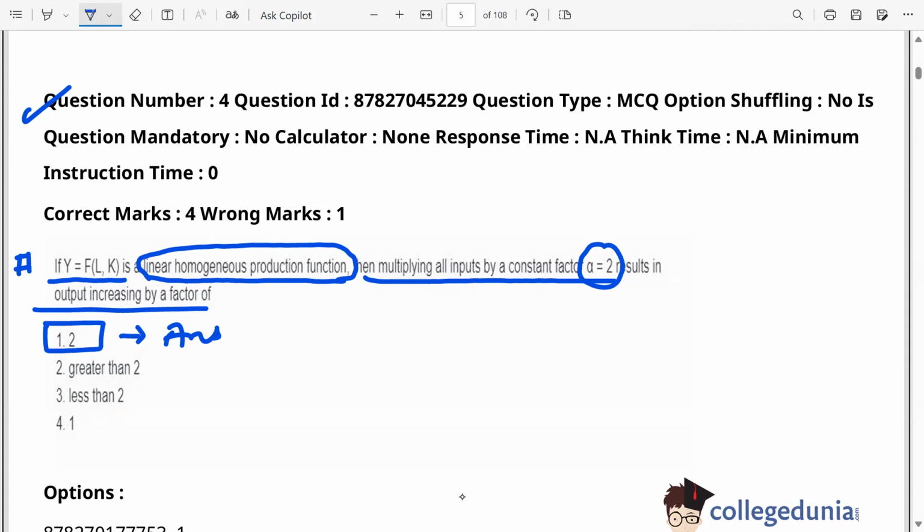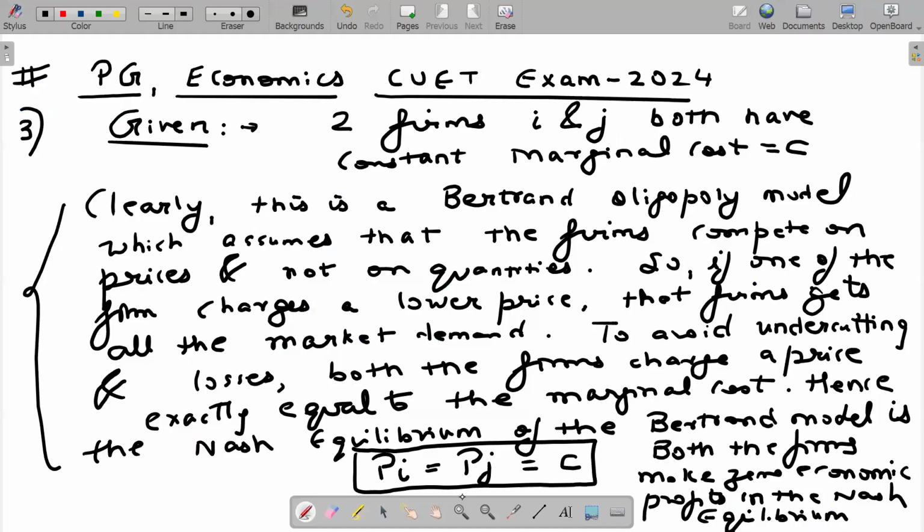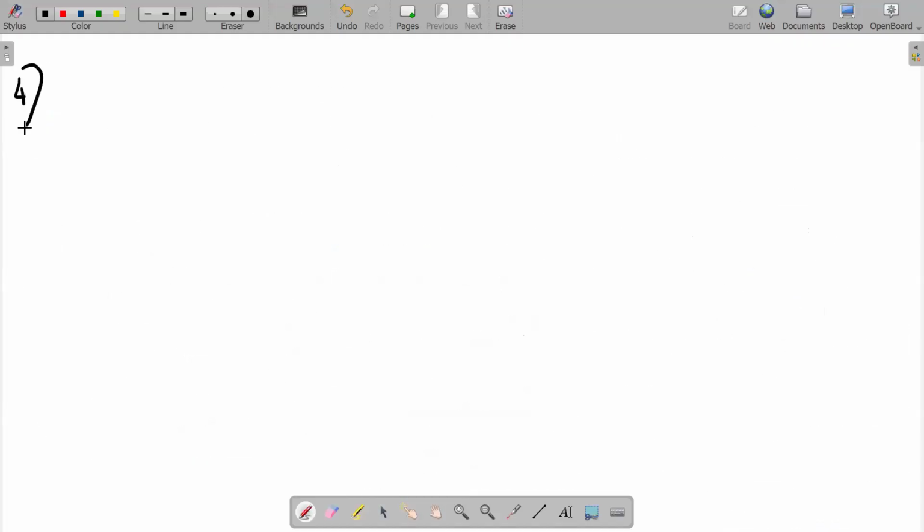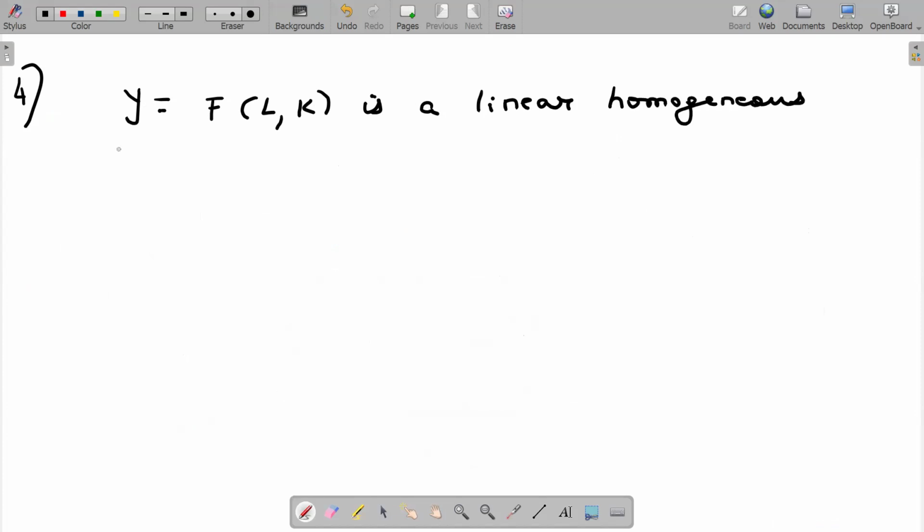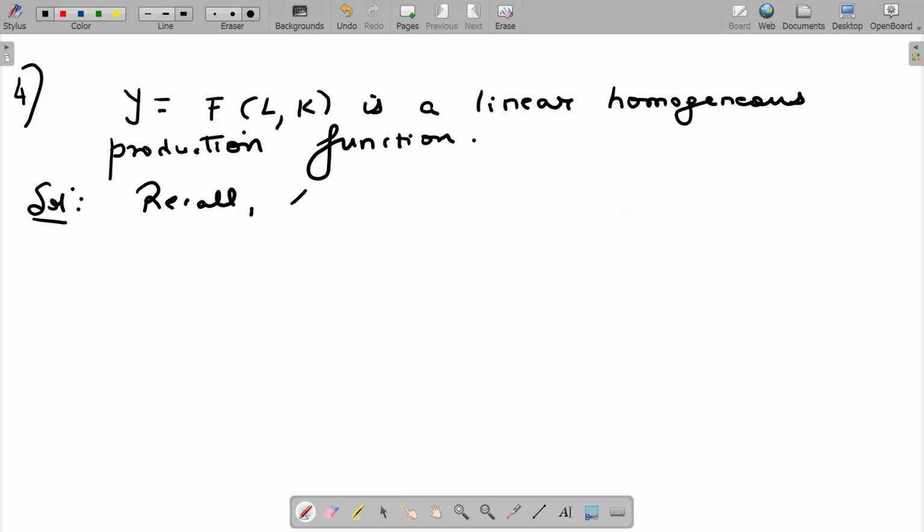Okay, so I can come to the whiteboard and write an explanation for this as well. This is question number 4. We are given that y, a function of L and K, is a linear homogeneous production function. Students should be able to recall from my lectures